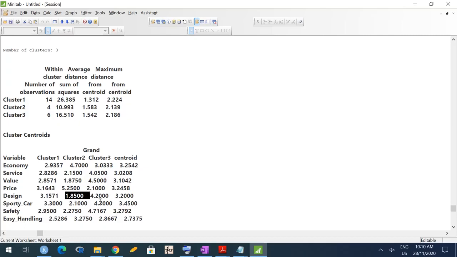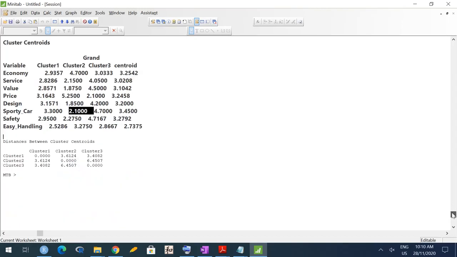Cluster 3 is doing much worse. And similarly sportiness. So now cluster 2 probably consists of very high-end cars, and cluster 1 consists of kind of medium. Some of the cars from the earlier cluster 1 must have shifted here, and cluster 3 consists of low-end cars. Okay, we can probably see that in the session window.